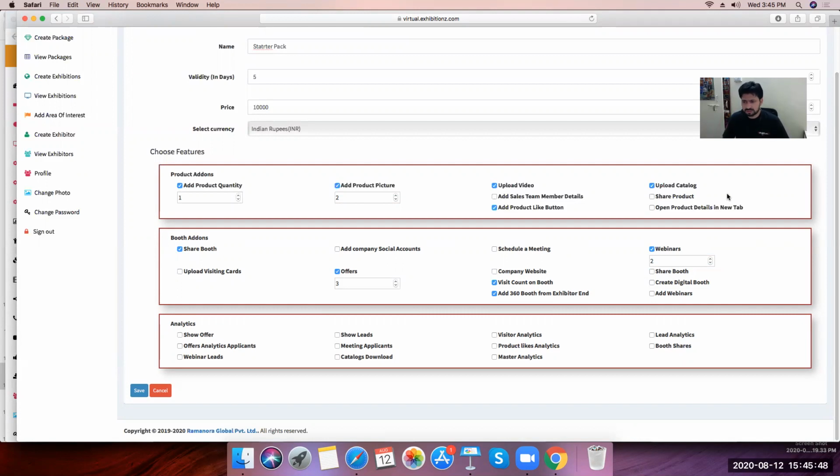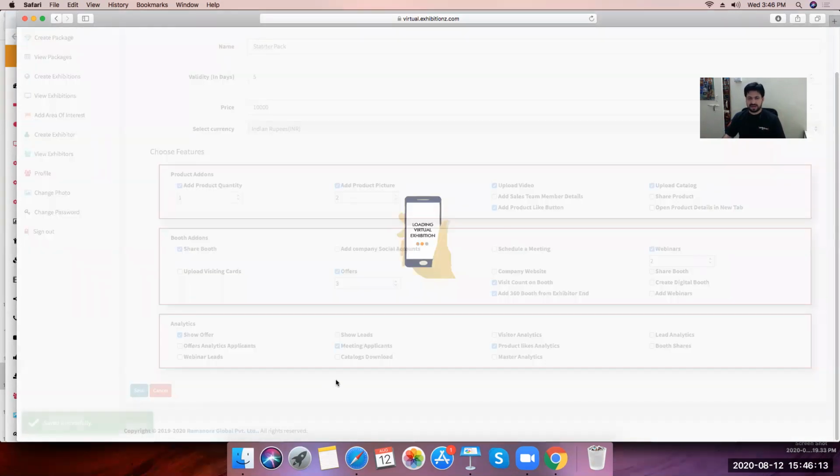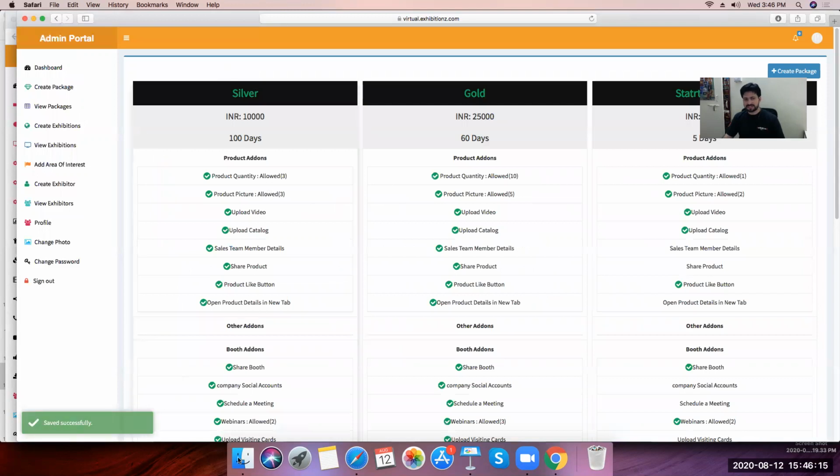It's possible. If there is something which is not here right now, but if you think of it, this could be something additional, like on the news, we have a bar at the end of the page which is moving with the sponsor details. Even that is possible. We can look into it. So we have given this parameter that you can pick and choose the facilities for that specific product. I click on it and now the product is saved.